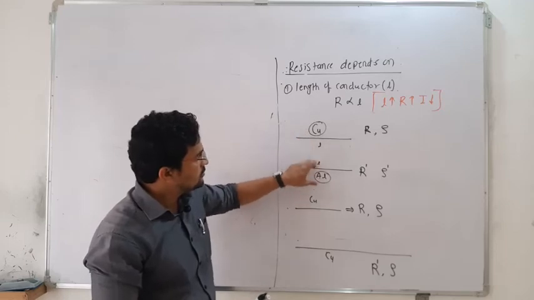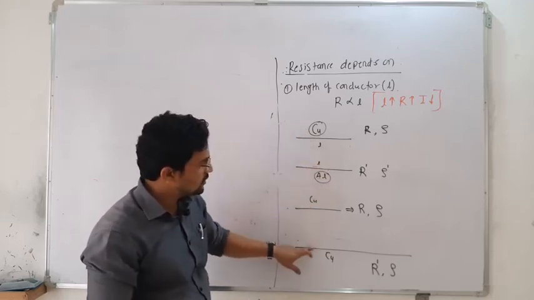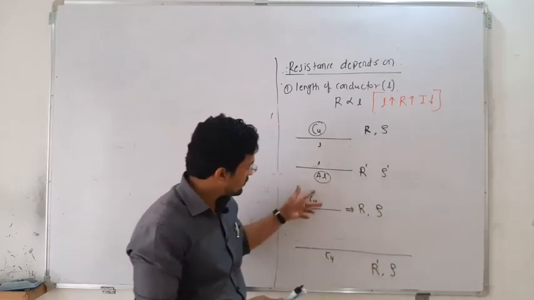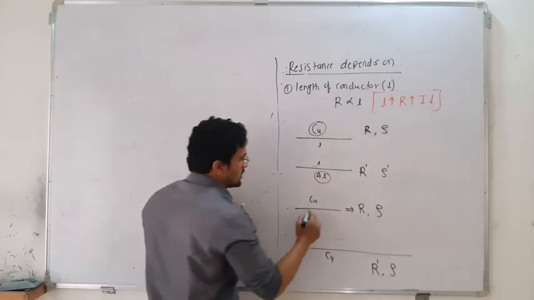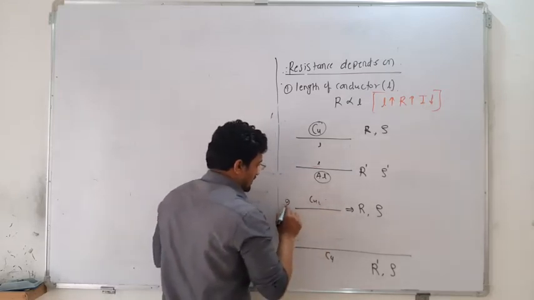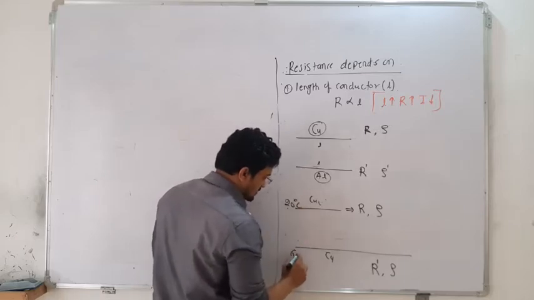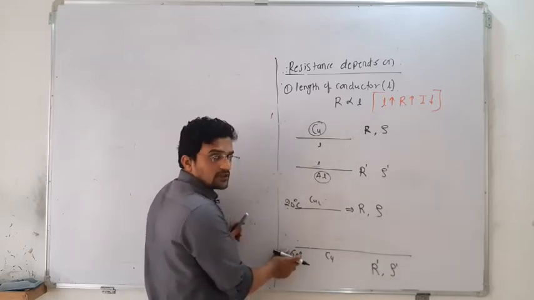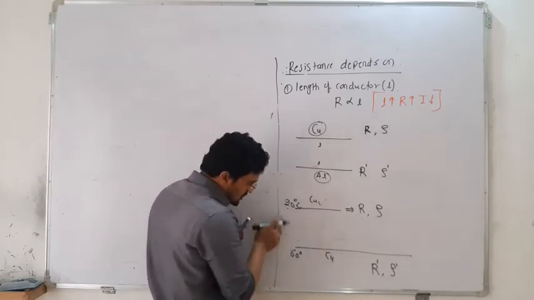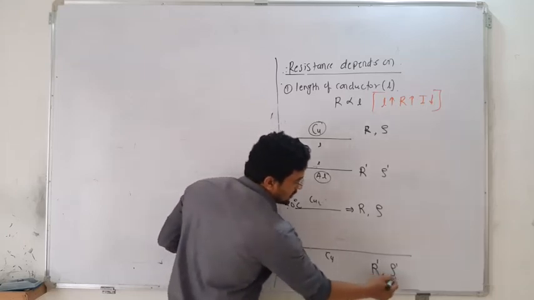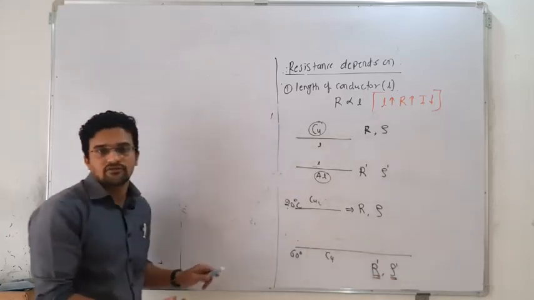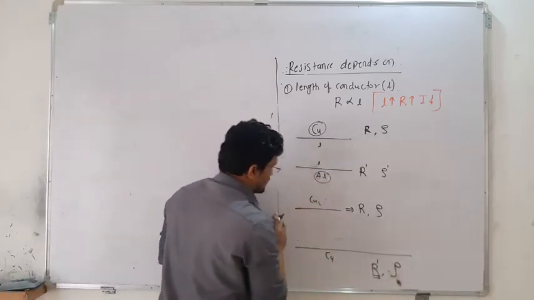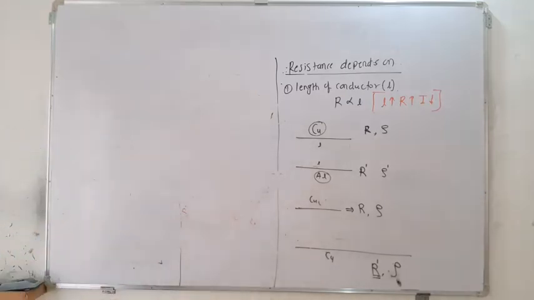If the copper and aluminum resistance and the resistivity is different. If it is copper, it doesn't matter the length, only resistance will be different but the resistivity will be same because it is made up of the same copper material. Now suppose if you increase the temperature, this wire is at 20 degrees centigrade and this wire is at 60 degrees centigrade. Now both will change. Why? Resistivity also depends on the temperature. Then maybe made up of the same material, but you have changed the temperature, and changing the temperature resistivity will be different and the R dash also different. So remember this one, you will get rho here.